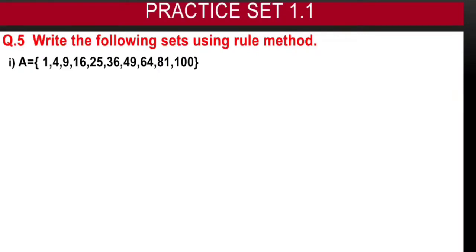So we write this in the form of the rule method as A is equal to, in curly brackets, x such that, here x is the variable. Now that straight line is known as a colon. So x such that x is equal to n squared. It means the value of x is the square of any number. Which number? n belongs to capital N, that number is from the natural numbers. And also that number is less than or equal to 10. So therefore we can write down all the squares between 1 and 10.